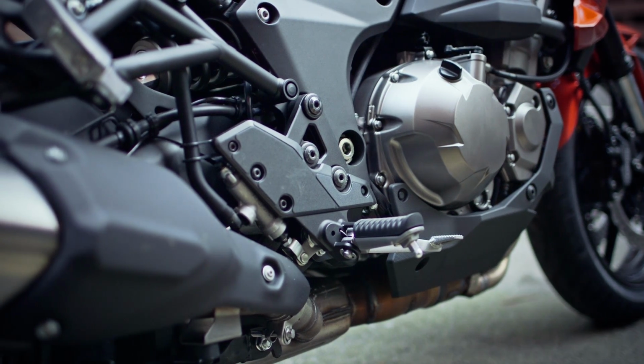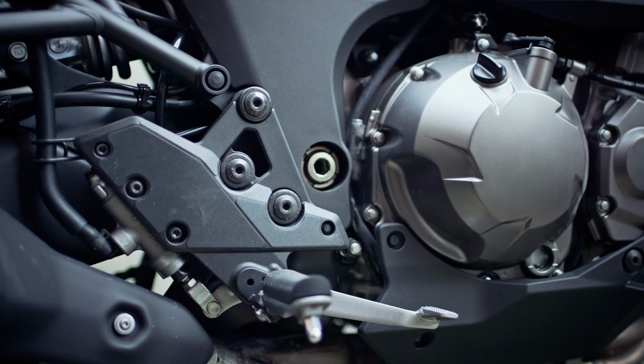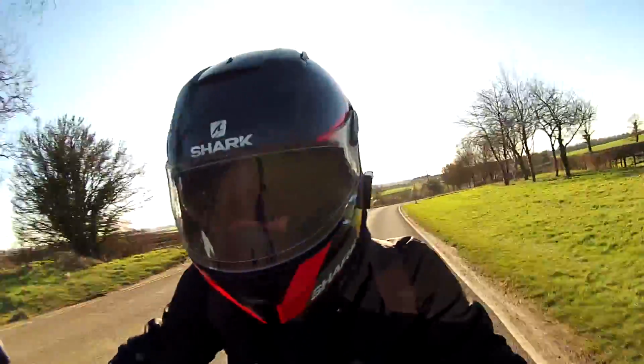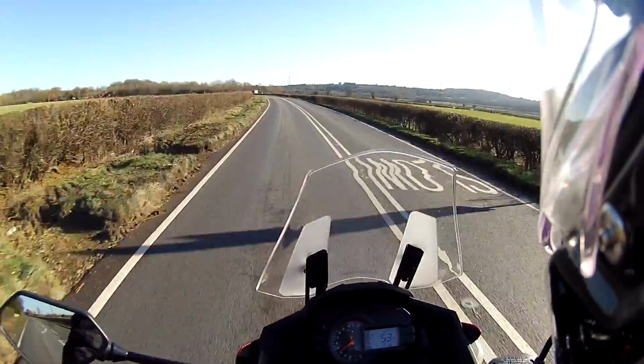It makes 120 horsepower, a couple more than the old Versys 1000. It's still not exactly highly tuned for a 1043cc four. What you get is a really nice spread of grunt. It will pull from 3,000 RPM in fifth. In sixth, 70 miles per hour is just over 4,000 RPM, and it picks up really nicely without the need